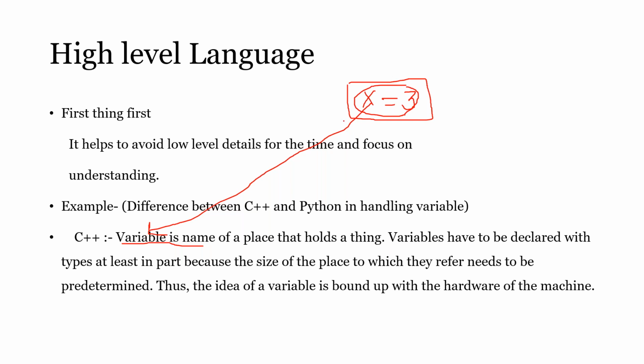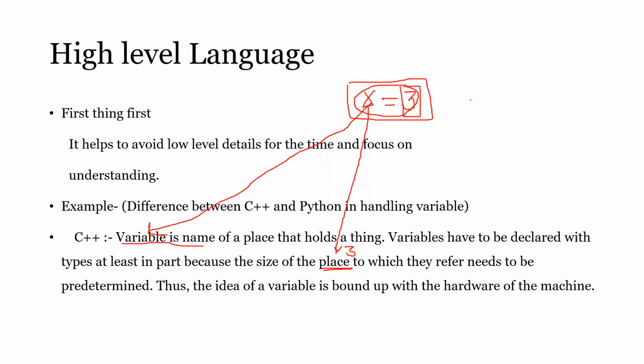Because this variable in C++ does not represent 3, instead this x represents a place in your computer. This represents a place in your computer, and that place is going to hold this value 3. So this x is going to represent this place, and in that place the value 3 will be stored,